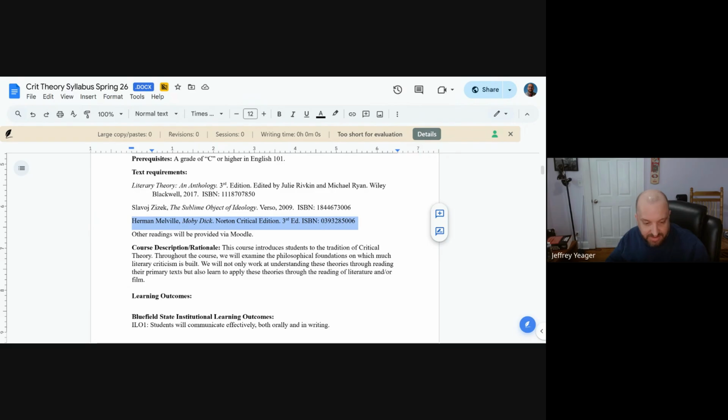Moby Dick is a pretty opaque piece of literature. It's not the easiest to read. However, it'll probably be like reading Harry Potter after reading some of these theorists that we're going to read. So I wouldn't worry about that. But it's called the greatest work. Many people consider it the greatest work in the American tradition of literature.